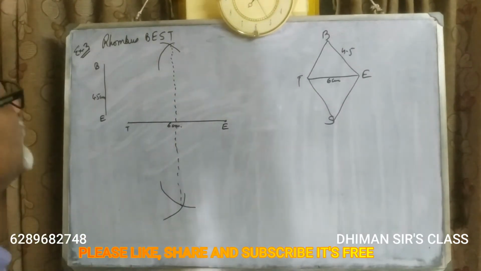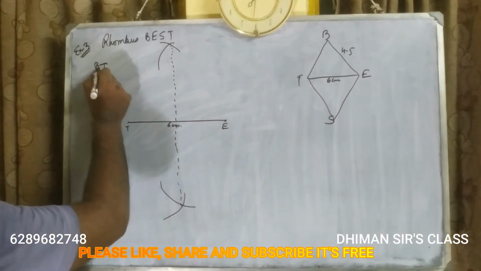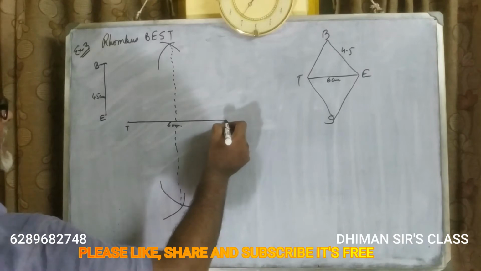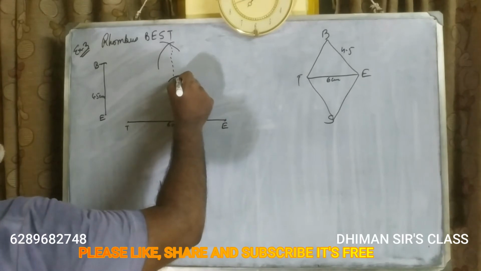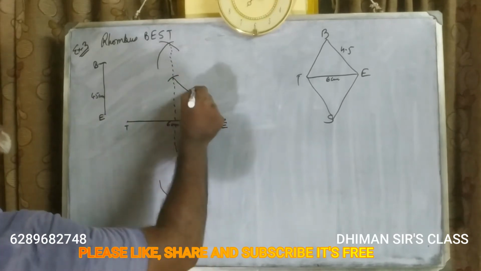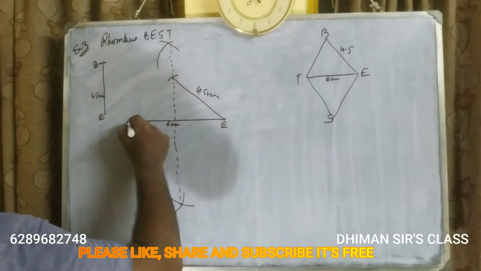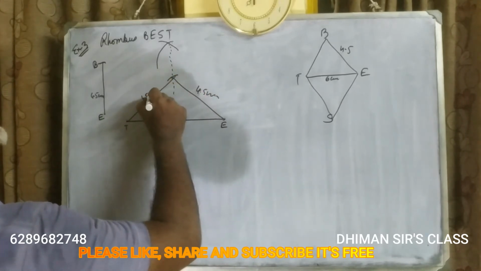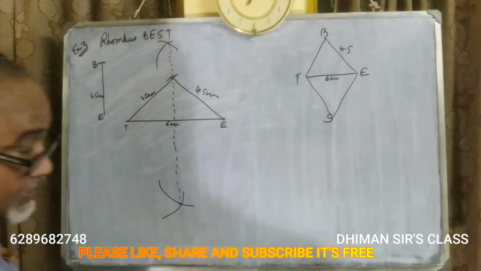Okay? Now, we are given BE as 4.5 centimeter. So put the needle here, draw an arc in order to take this measurement. Okay? Put the needle here with the same measurement of 4.5 centimeter. Draw an arc like this. Okay? You got this point, join them. 4.5 centimeter. Same thing, you will put the needle here.